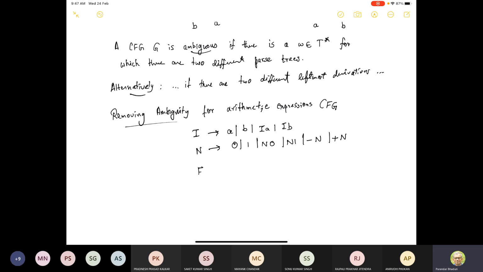So a factor is either an identifier or a number or an expression in parentheses, and a term is either a factor or